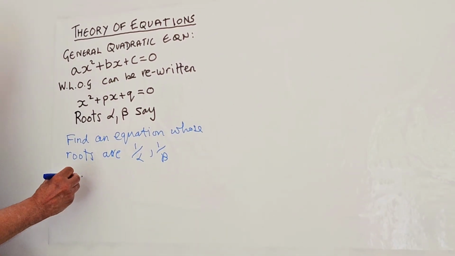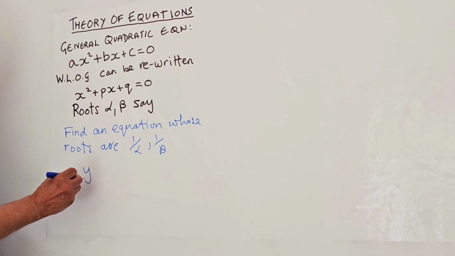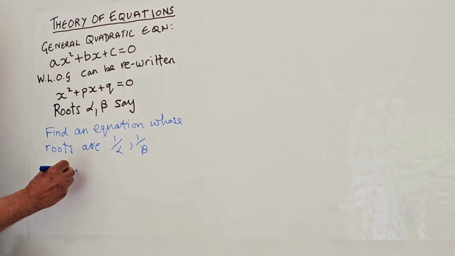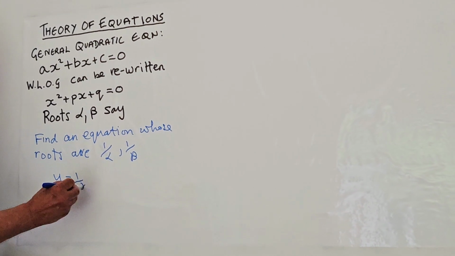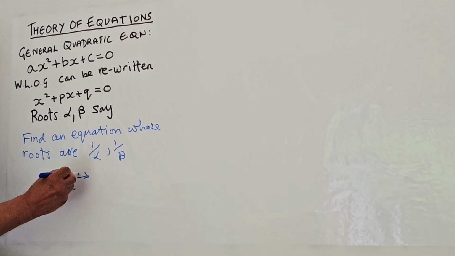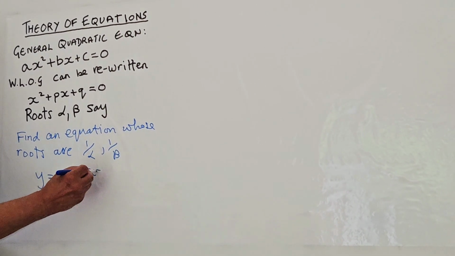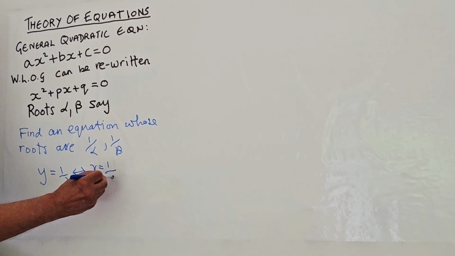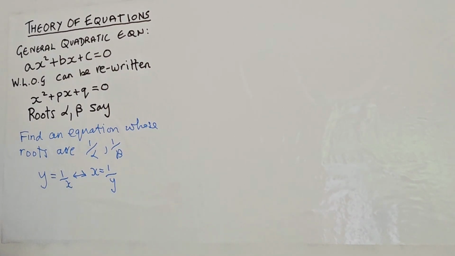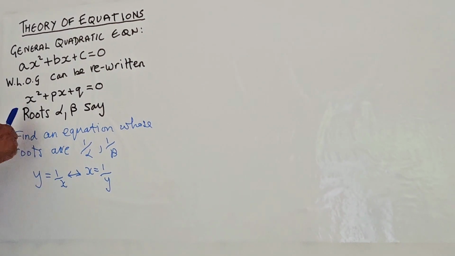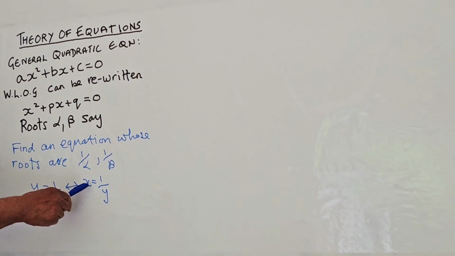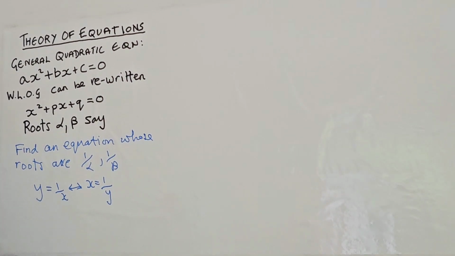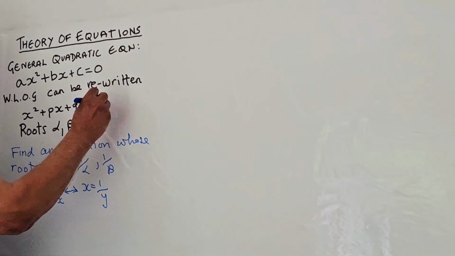In other words, the new variable, which we'll call y, is equal to 1 over x, or what is the same thing, x equals 1 over y. So what we need to do then is substitute for x in this equation here, replacing x by 1 over y. So that then becomes